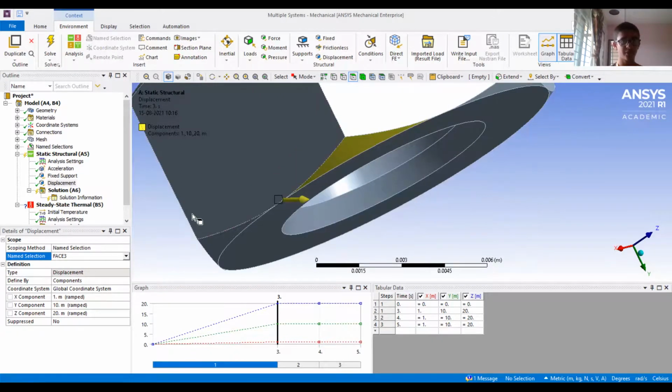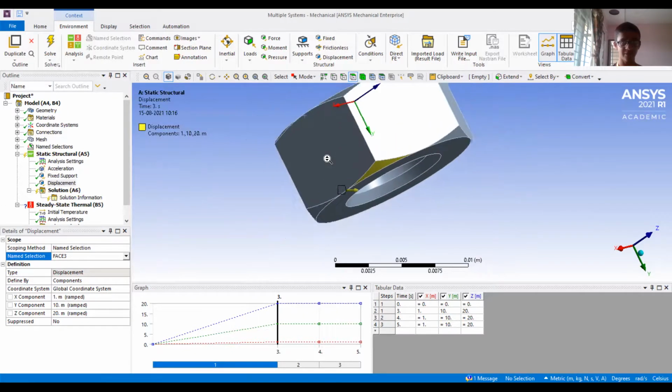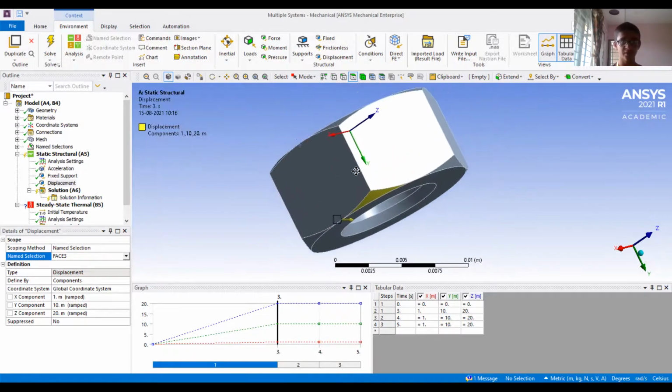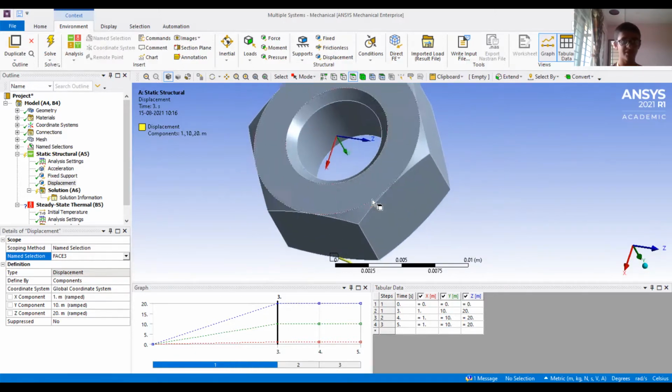So we'll stop over here. All the boundary conditions which I have explained are just random, and they may not apply perfectly to the current body. Currently we have a bolt, and such boundary conditions may not appear anytime in our bolt. So fixed support or acceleration will not be there in the bolt. So we'll stop over here. Thank you.